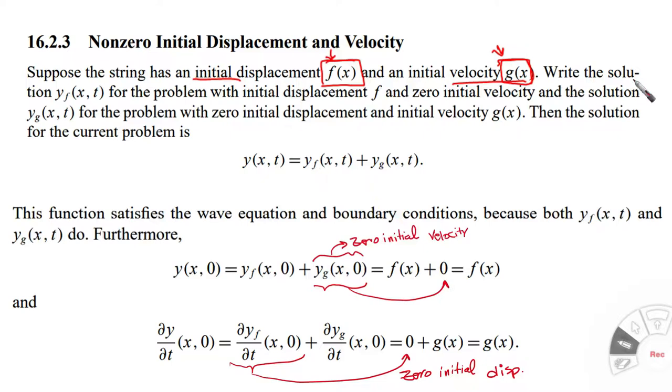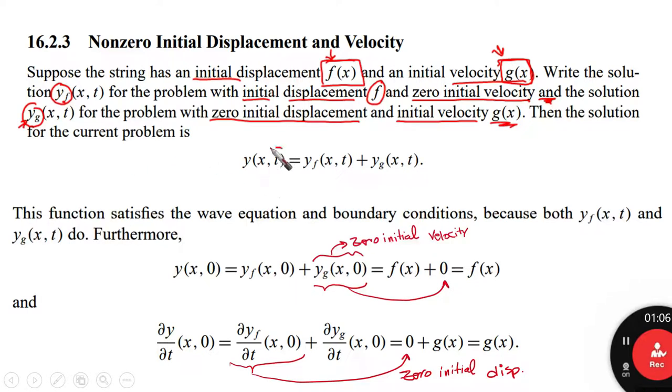We are going to write the solution y_f of x and t for the problem with initial displacement f and zero initial velocity. Okay, number one, this is one part of the solution. And the solution y_g of x and t for the problem with zero initial displacement and initial velocity g of x. This is why we call it y_g. Then the solution of the current problem